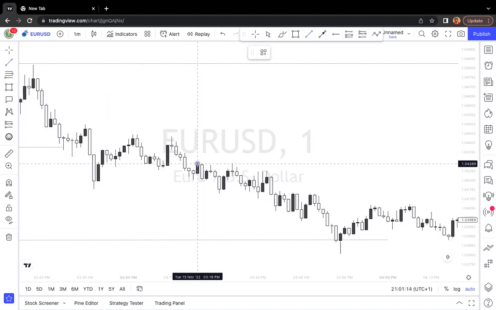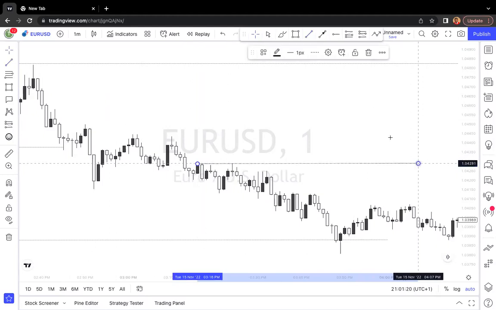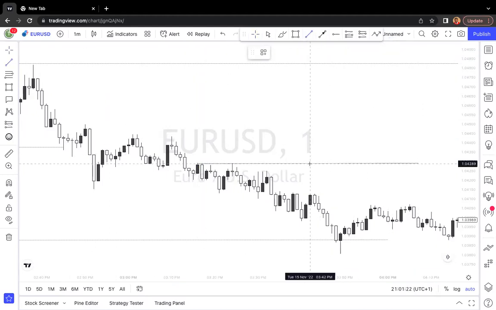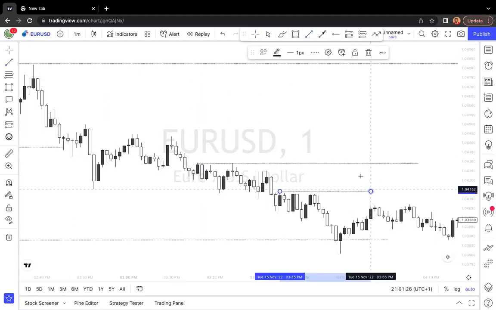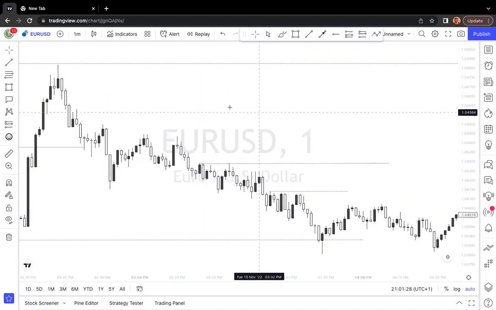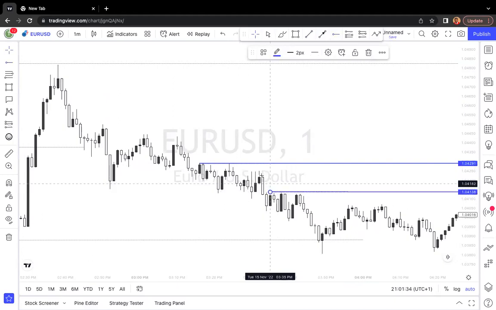You can see that, right? So we have this area first. So I'll be concerned about this area, and then I'll also be concerned about this area as well, right? Okay, so let's mark this first to the left. Horizontal ray, this, and horizontal ray, that.